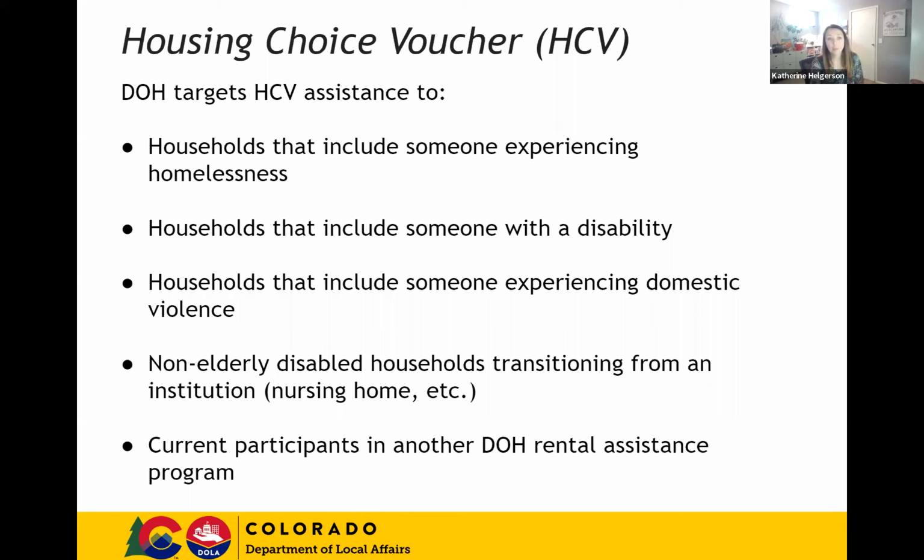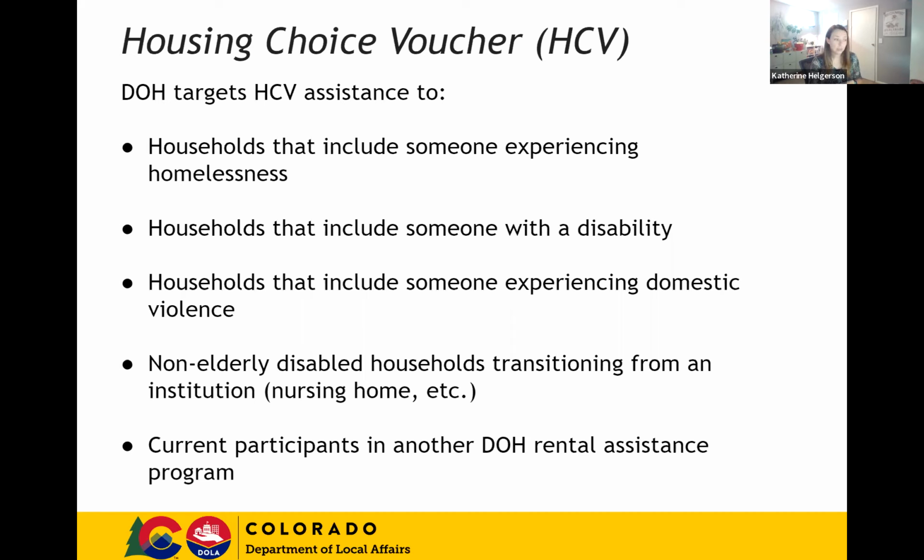There are other communities that don't necessarily see that as their main population, but maybe people with disabilities in the community really have that need for housing. Of course, there's overlap between the different populations, but I think it's important to know that each housing authority sets their own priorities, and these are the Division of Housing's priorities. So again, we target our housing choice voucher assistance to households that include someone experiencing homelessness, households that include someone with a disability, households that include someone experiencing domestic violence,